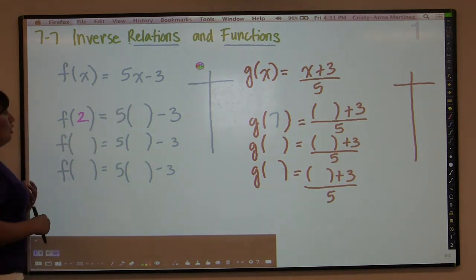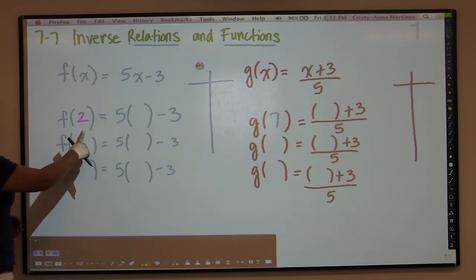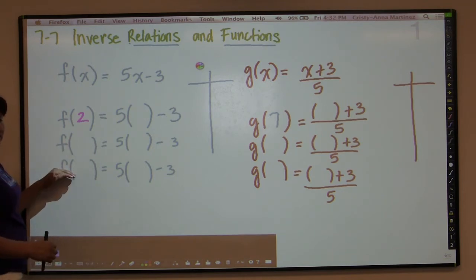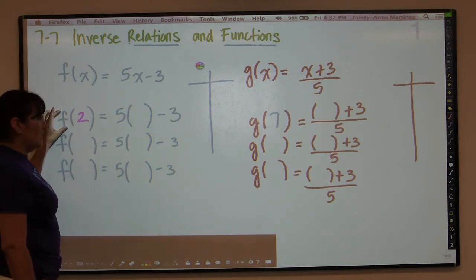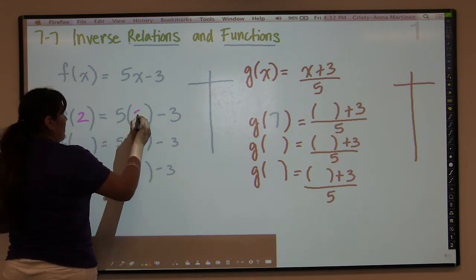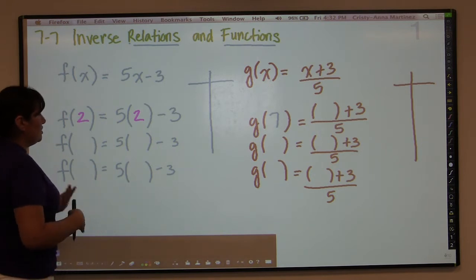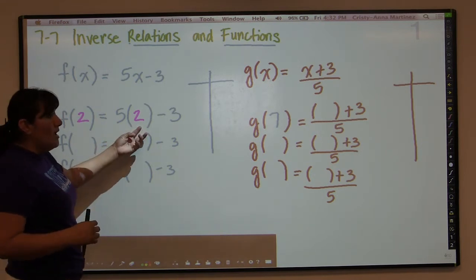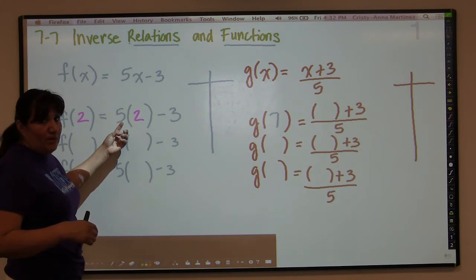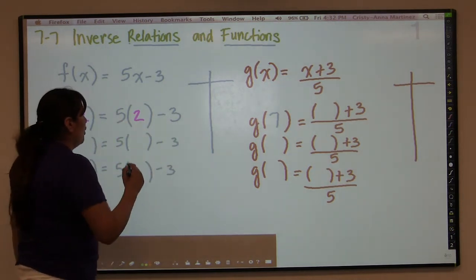Well, we know that we can treat the function kind of like a machine. A number goes into the function, hence the 2 here. And I'm going to do this 3 times for different values. But the 2 goes in, and something different is going to come out. The machine is taking your number, multiplying it by 5, which is 10, and then subtracting 3 from that. So in the end, you're going to get